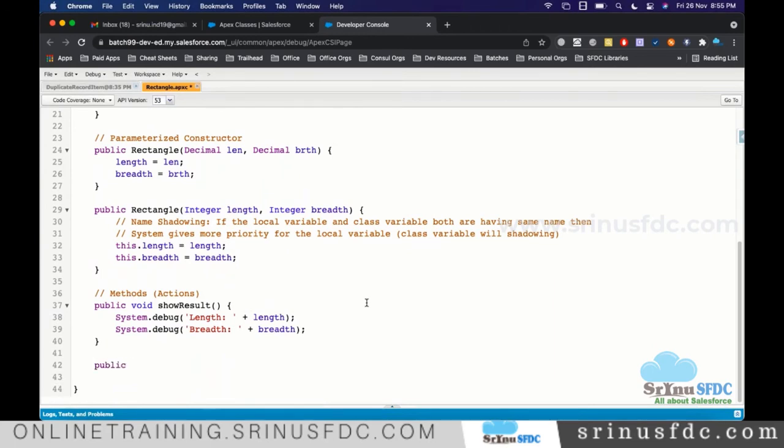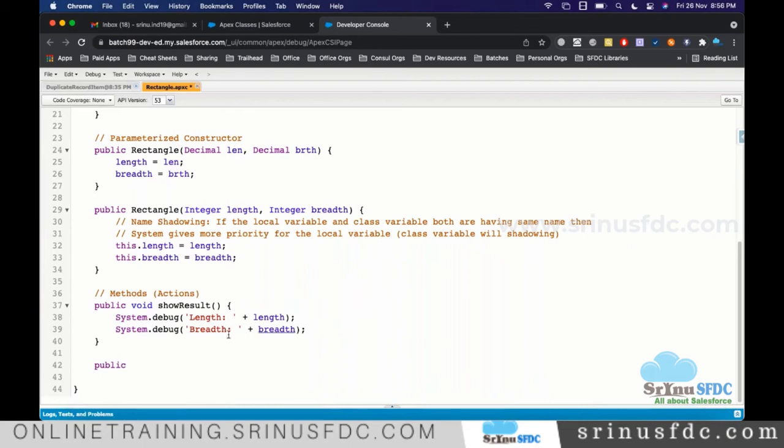Public. If you don't define anything, leave it, but that will become private. The default access modifier is private if you don't mention anything. If you want to mention, you can, that's up to you. After that, the return type.